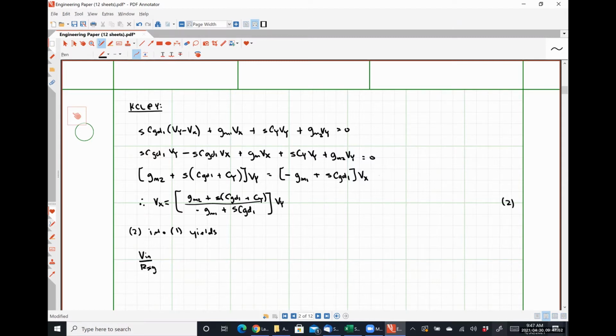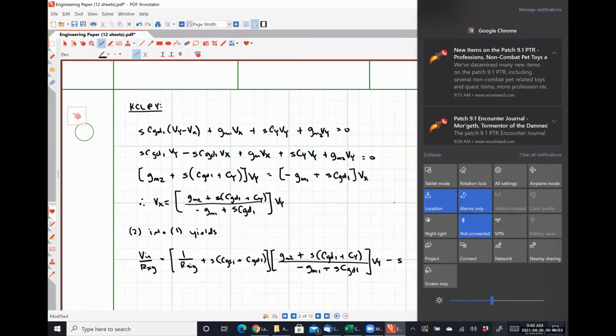Vn over R sig is equal to (1 over R sig plus S(CGS1 plus CGD1)) times (GM2 plus S(CGD1 plus CY)), all divided by (negative GM1 plus S CGD1), all times Vy minus S